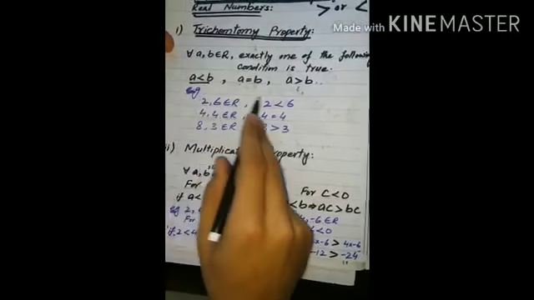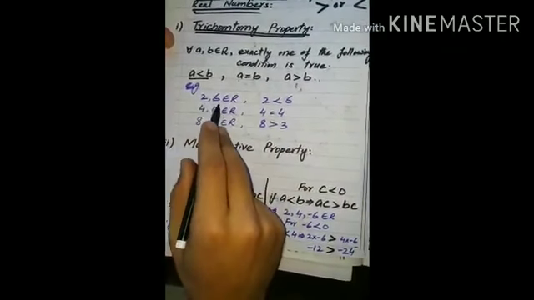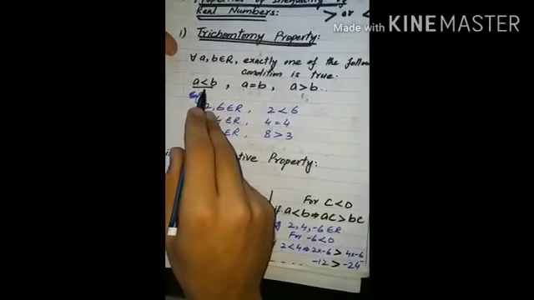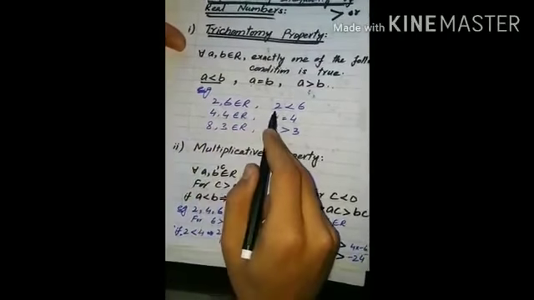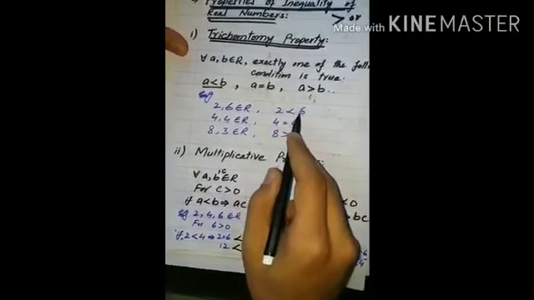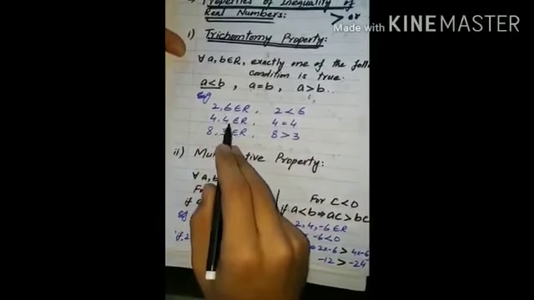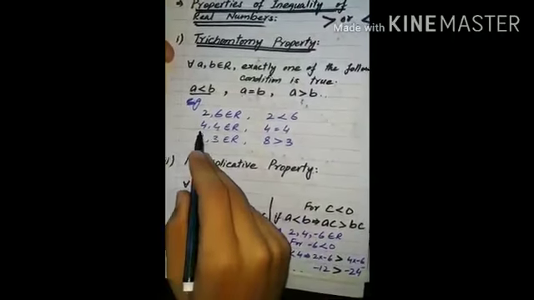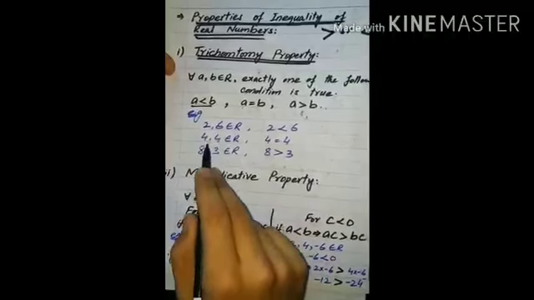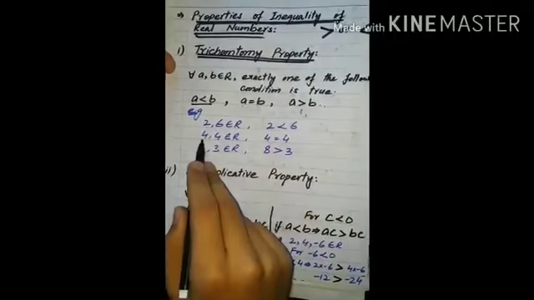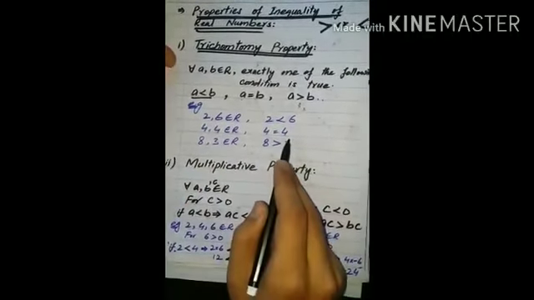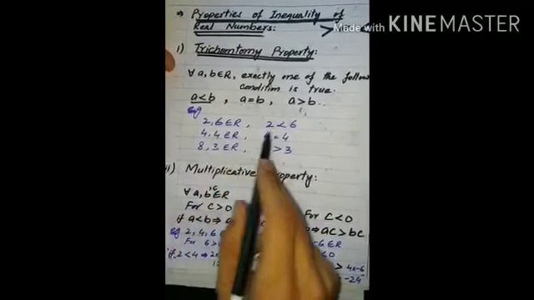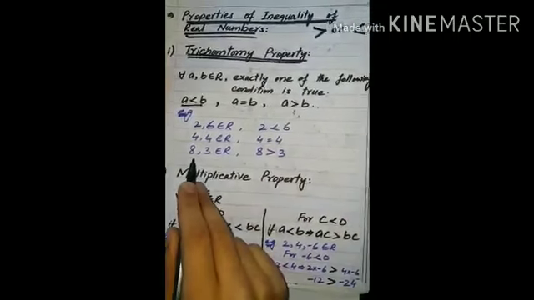Which of these conditions could be possible for these two real numbers? 2 is less than 6, and this is the required condition which is possible for these two real numbers, and we can write it like this: 2 is less than 6. Now the next example is 4 and 4. These are two real numbers belonging to the real number set, and which of these conditions is possible? This one, a equal b. So here we have 4 equal 4, we can write it like this. And the next example is 8, 3. These are two real numbers, and this is the possible condition for them, and we can write it like this.